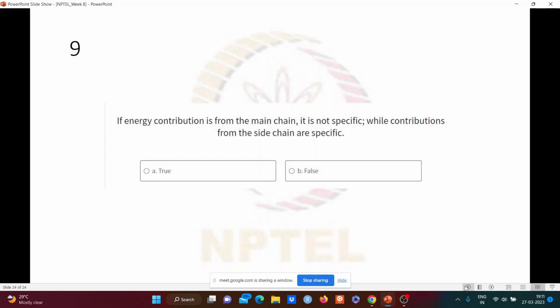Okay, this is the last question for today. So if energy contribution from the main chain is not specific, while contributions from the side chain are specific for binding purpose or for recognition purpose,